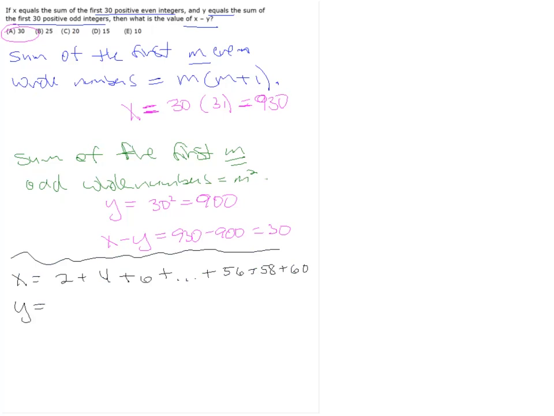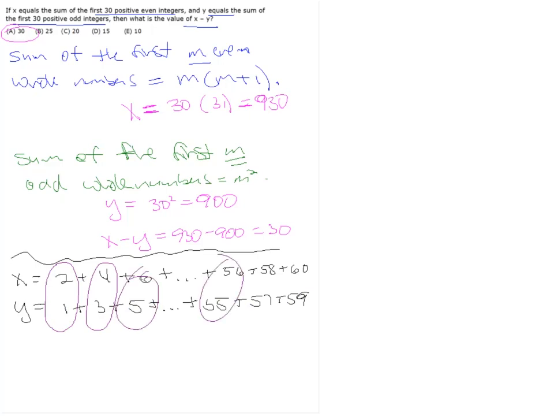And y is equal to the odds. So y is 1 plus 3 plus 5 plus the pattern continues all the way up to 55 plus 57 plus 59. Okay? If we want to subtract these two, well, being able to subtract strategically in situations like this is really key. If you think about what we have, well, we have 2 minus 1, we have 4 minus 3, right? Because we're looking for x minus y. We have 6 minus 5, dot, dot, dot, 56 minus 55, 58 minus 57,